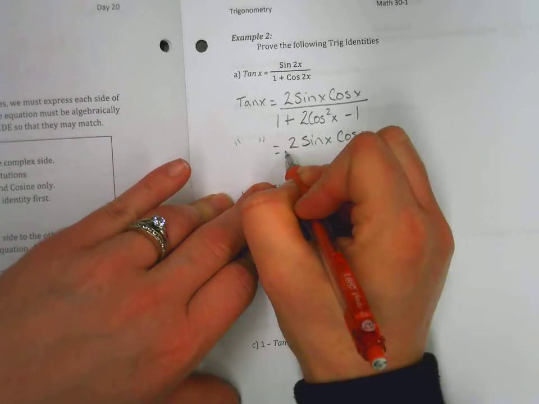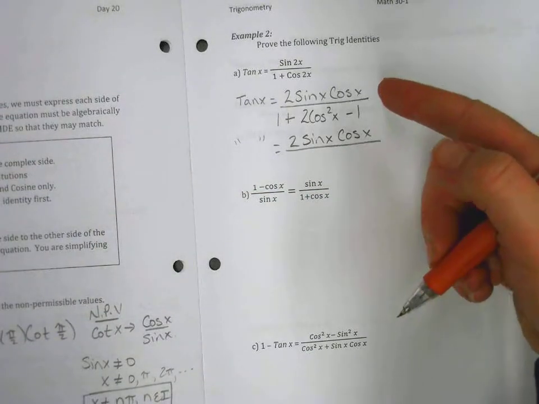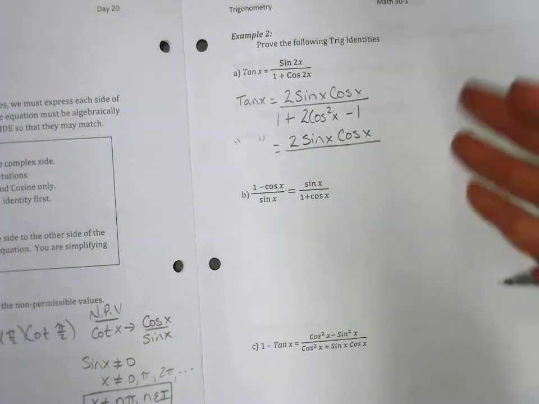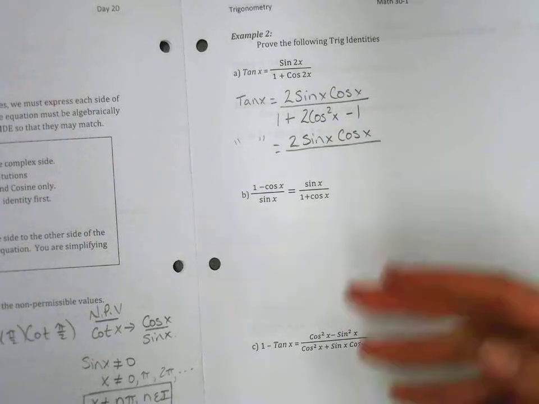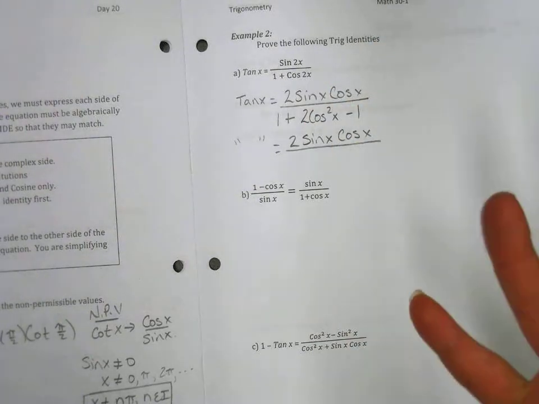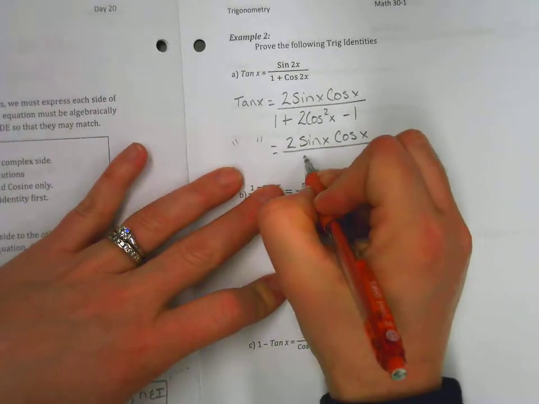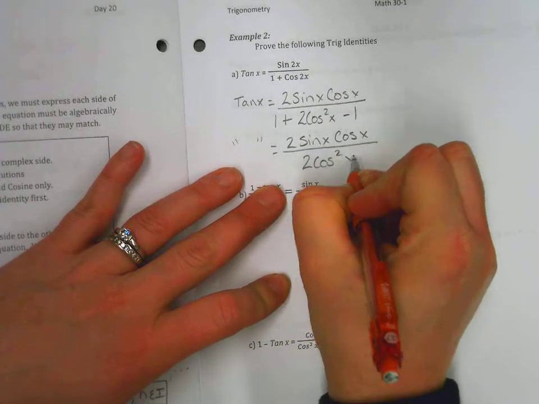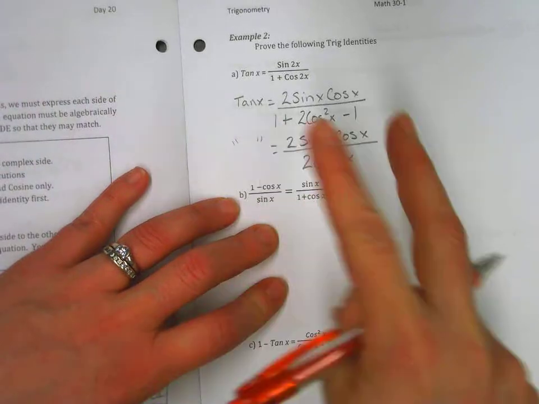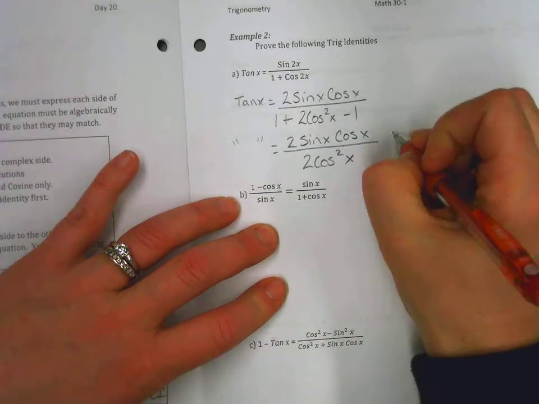Right, and it's important to show every step, so whoever is marking your paper understands every step that you're going. If you skip 1 or 2 steps, they're going to say, well, do they really understand how to go from one step to the next? So it's really important that you do not skip steps. So it's pretty obvious here that my 1's are going to cancel, so this would be my next step. From here,